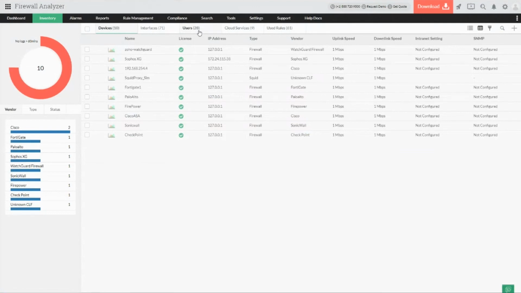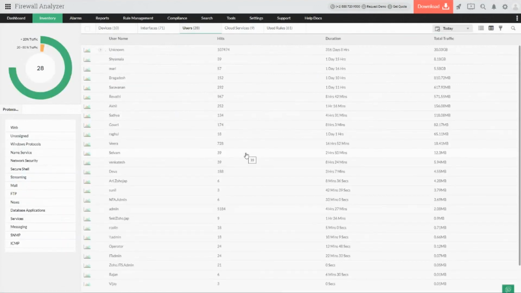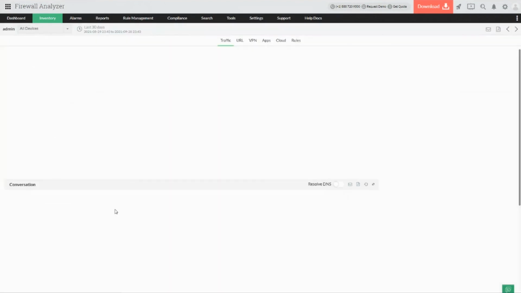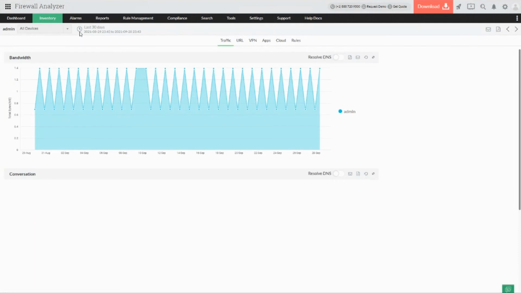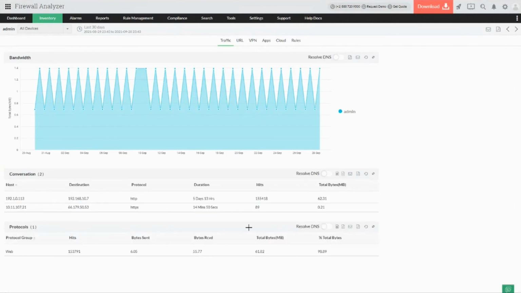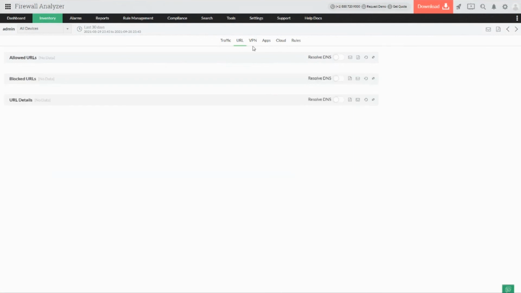Apart from getting the data with respect to the firewall and interfaces, I could also get the information based on users, how individual users are using my network, what's the login time, how they are using the overall traffic, how many hits are happening. For example, if I take a specific user, administrator, I could see that the overall usage time is 4 hours for the last 30 days for multiple different devices. So here I could see the traffic utilization for this particular user, and the conversations which are happening, what is the destination and source which he is using, how many bytes have been used per protocol, which URLs he has visited, and whether it is a blocked one or a legitimate one.